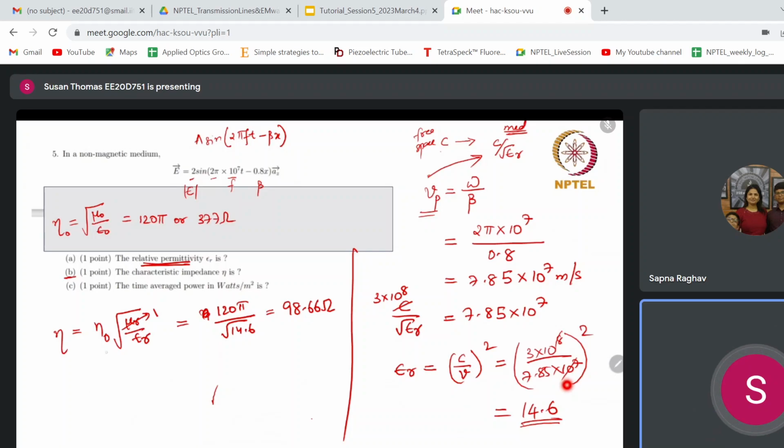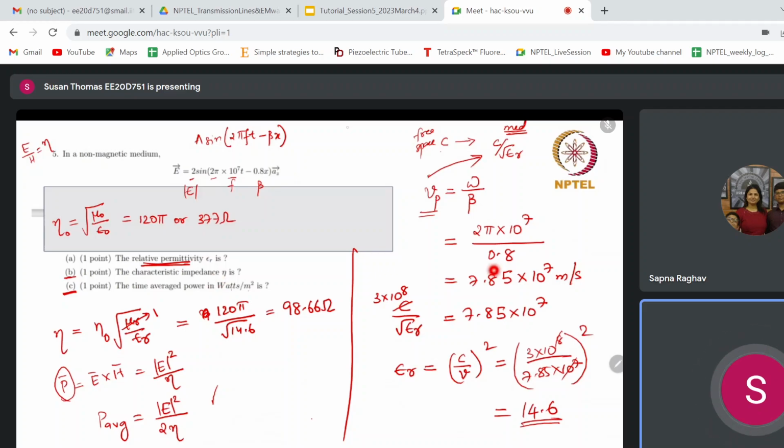Now the third part, time averaged power in watt per meter square. So this is an interesting question. We know that Poynting vector P is E cross H. To write H in terms of E, what do we do? E by H is eta. So if I want to write H, I can write E by eta. So I can write mod E square by eta for the Poynting vector. So time averaged power is nothing but mod E square by 2 times eta. The reason is,